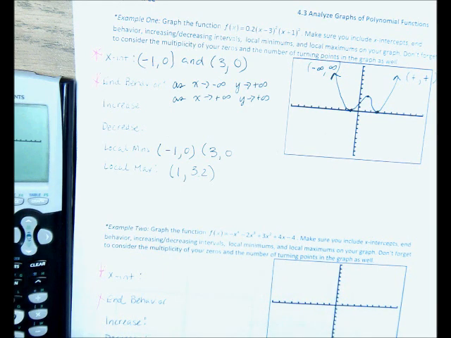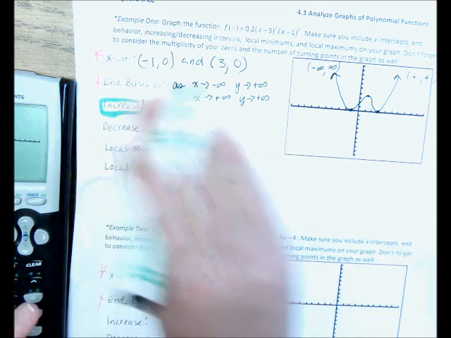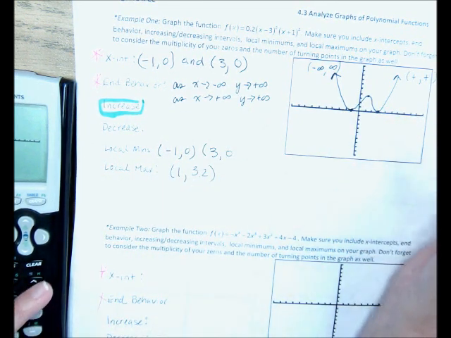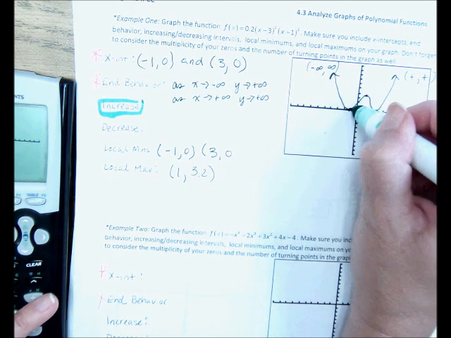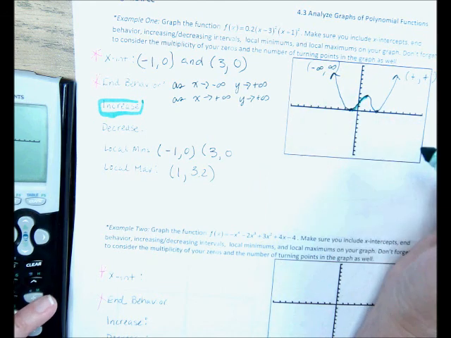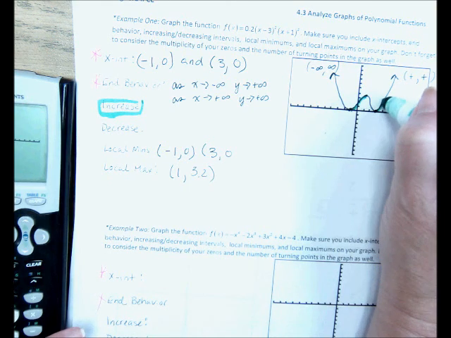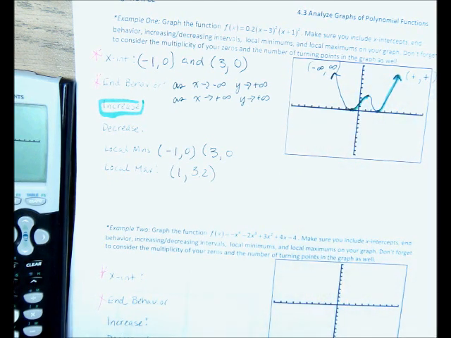Now, I'm going to highlight that in green so I can highlight the part of the graph that's increasing. So it looks like I have a turning point right here at -1, and from -1 all the way to +1, it looks like my graph is increasing. And then when I get over here to +3 and going all the way to infinity, my graph is also